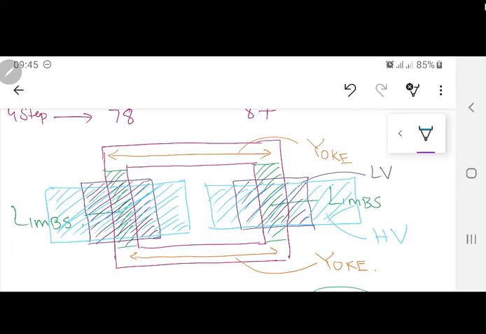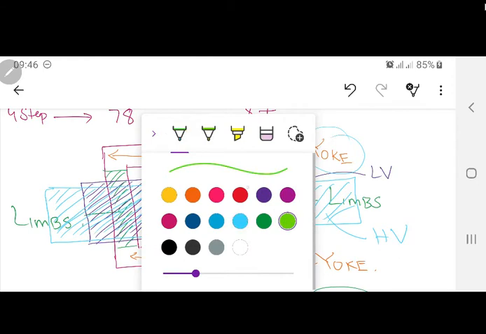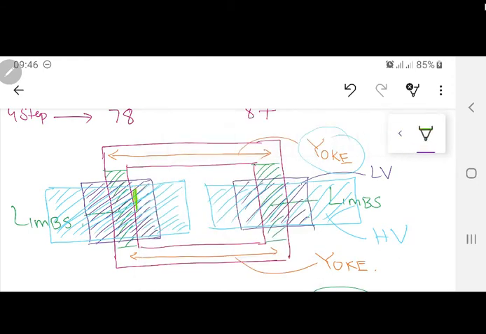Now there are two design criteria. One design criteria is this, that you don't decide the yoke first. Leave it until the windings are designed. Because over here, as you can see, the windings are going to have some thickness based on the number of turns, based on how thick a wire you are going to use over there. So first of all, design the winding, see how much thickness the windings are taking, and certainly there is going to be one very important thing which I missed over here. There is always going to be an oil duct in between.